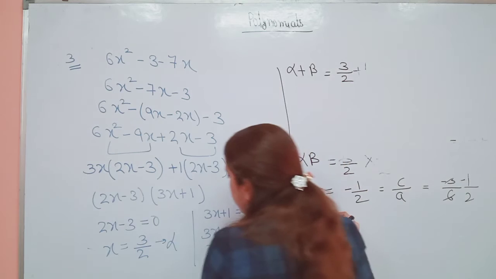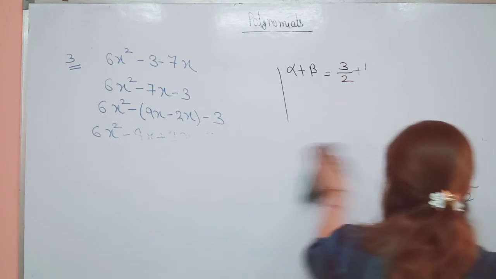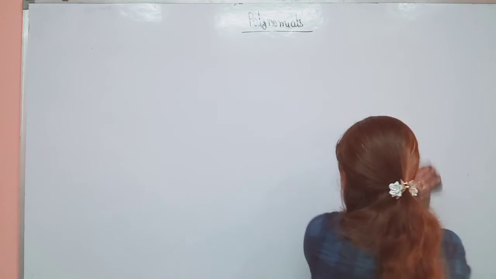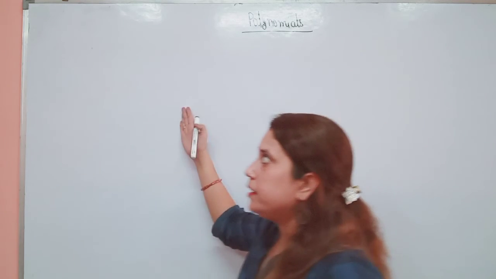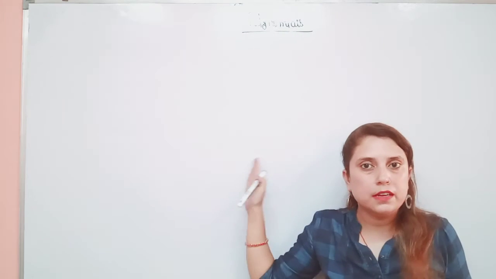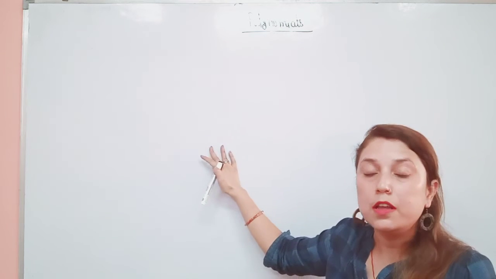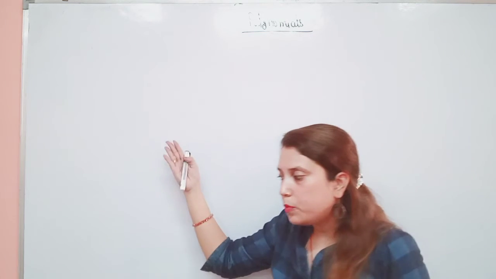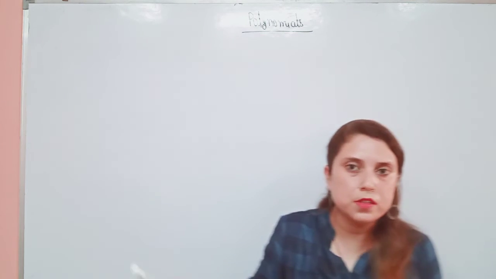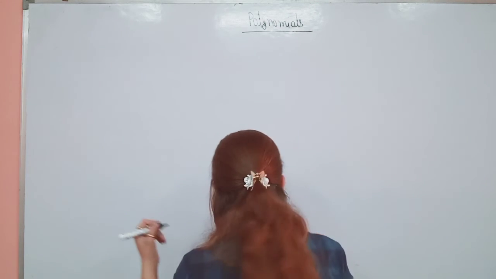Okay beta? Now let's do the next question: how to find the polynomial if sum of zeros and product of zeros is given. अभी तक हम क्या कर रहे थे? पॉलिनोमियल गिवन था, फाइंड द जीरोस एंड रिलेशनशिप फाइंड कर रहे थे जीरोस एंड कोफिशिएंट में. Now the other question is again a very important question: find the polynomial. अब हमें क्वाड्रेटिक पॉलिनोमियल फाइंड करना है इफ सम ऑफ जीरोस एंड प्रोडक्ट ऑफ जीरोस इज गिवन. Okay beta? So the question is